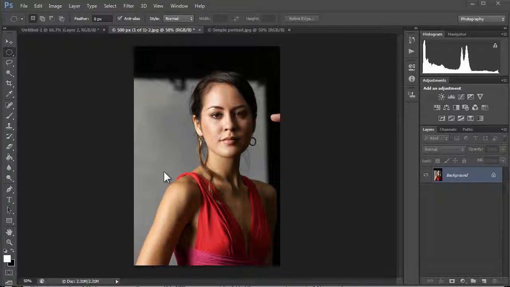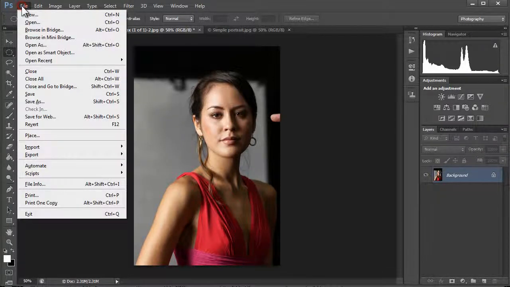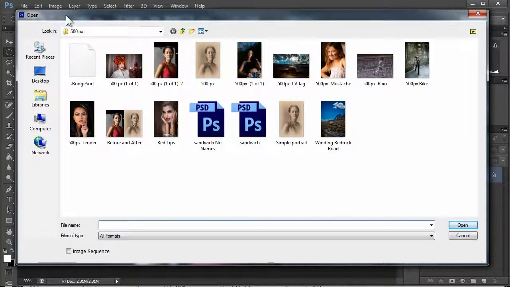So, the first thing you need to know about Photoshop is how to bring in a photograph. So how do you bring in a photograph in Photoshop? It all starts here with the File menu. If you hold down File, you can click Open, and it will launch a box. So if you're in